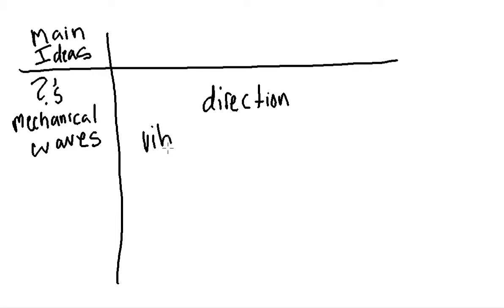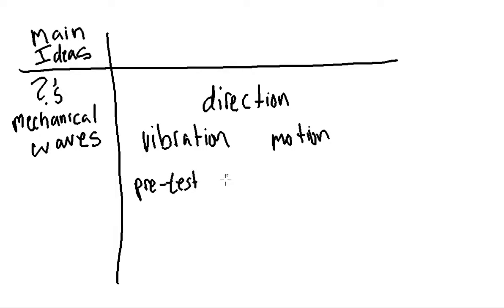One is how the medium is vibrating, and one is the direction of the wave's motion. So the places that you can find this information: on your pretest, take a look at numbers 9